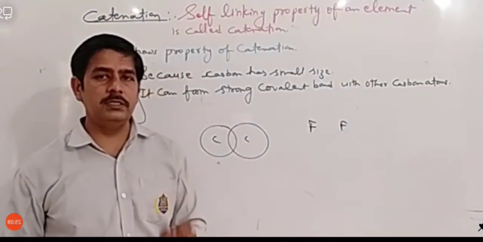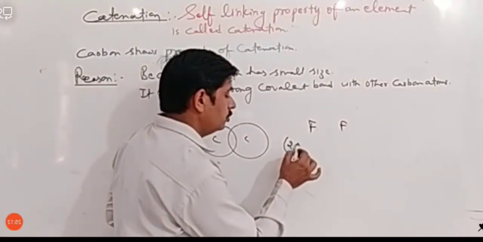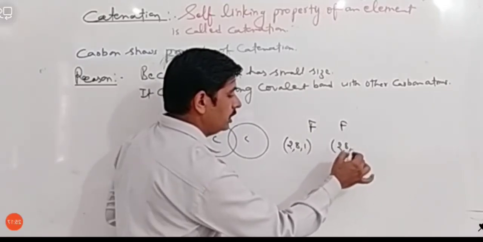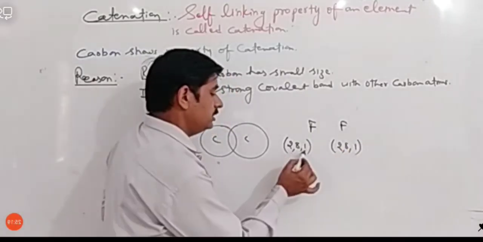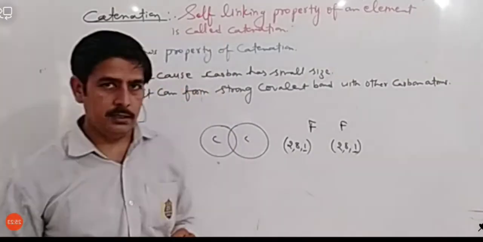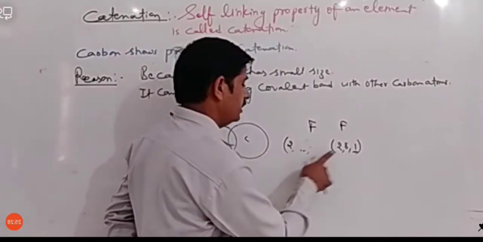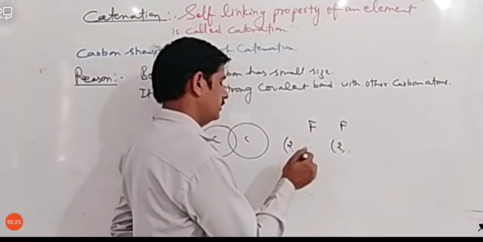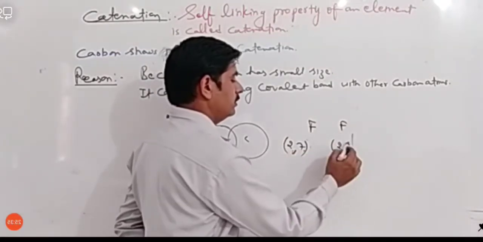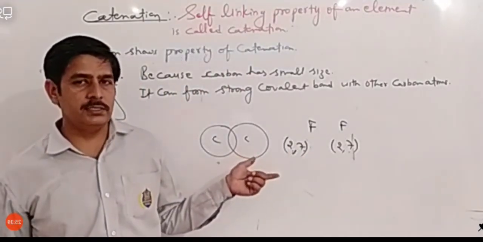Actually, if we see the electronic configuration of fluorine, so fluorine has 2 8 1 electronic configuration. This 1 electron it will use in bonding. एक electron तो ये bonding में काम में ले लेगा. Now, sorry, this is not the electronic configuration. That is wrong. Sorry. It has electronic configuration 2 7. I have made a mistake. Please correct it. है ना? 2 7. It has electronic configuration.